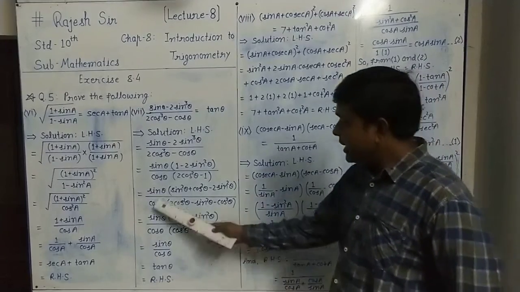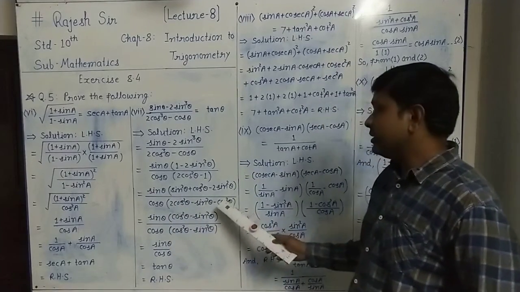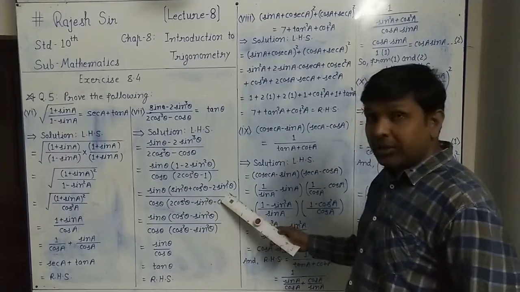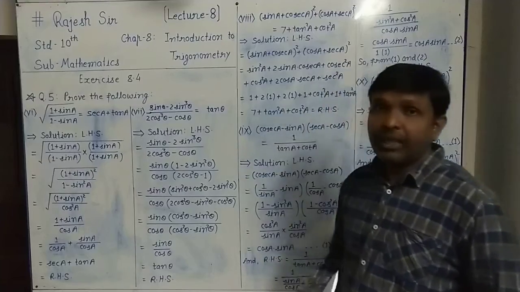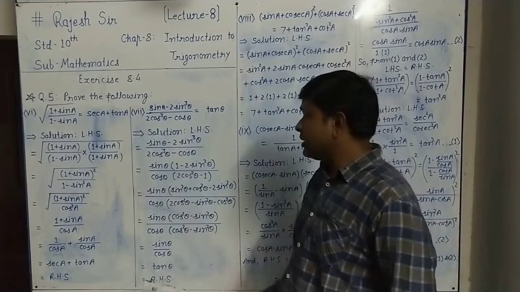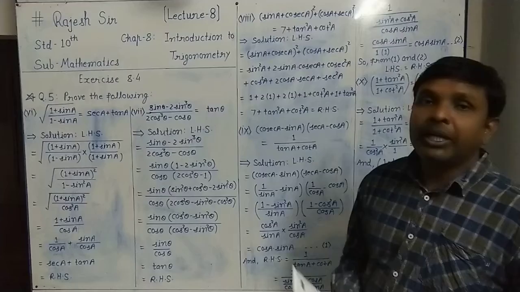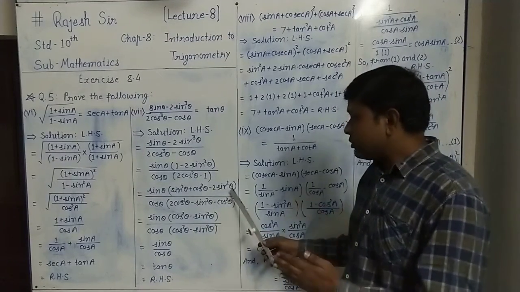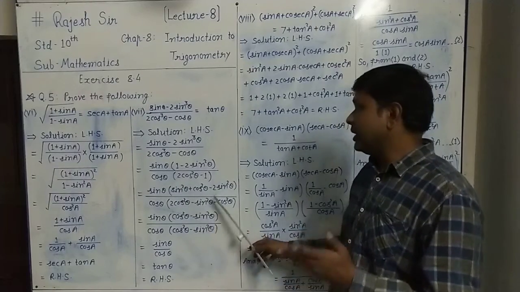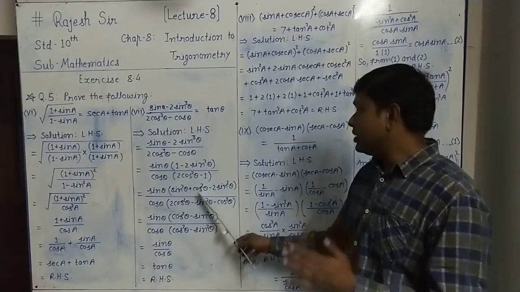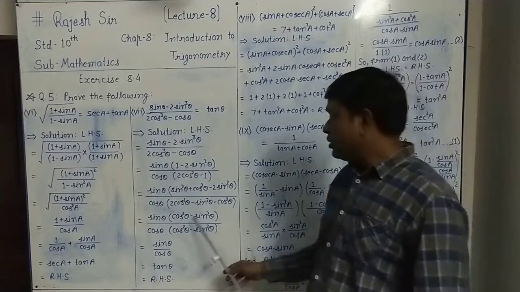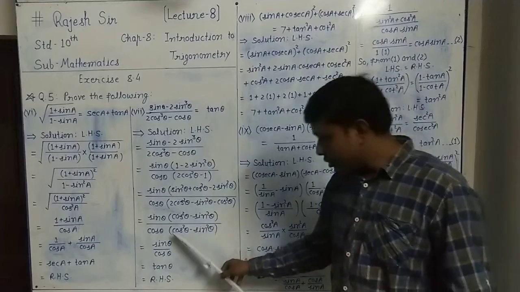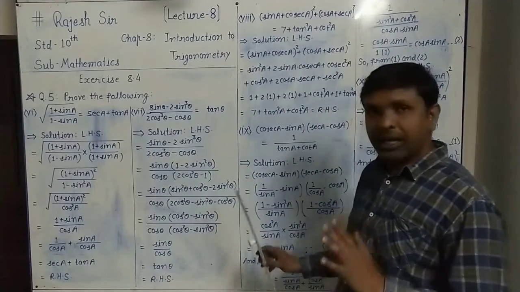Now simplify. Sin theta as it is out, and down there in the bracket, cos square theta plus as it is, in this minus 2 sin square theta and plus sin square theta gives minus 1 sin square theta, and plus cos square theta as it is. Down also cos theta as it is. From 2 cos square theta minus cos square theta gives cos square theta, and minus sin square theta as it is.